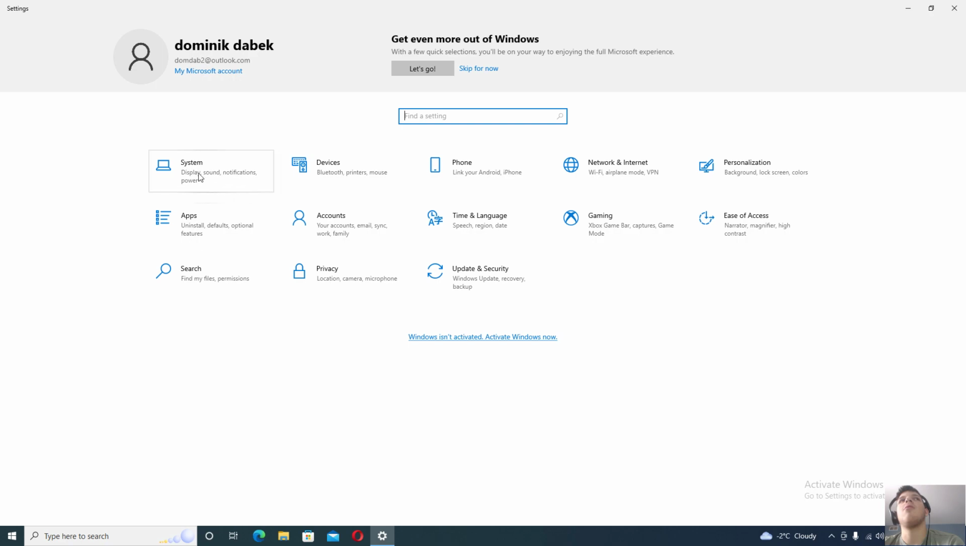System, like your display settings, sound, notification, power management. We have devices here, like devices connected to the computer, PC, whatever, via Bluetooth, USB. We have phone, link your Android phones so you can message on your computer, which is a pretty unique feature that Windows 10 brings. We have network and internet here